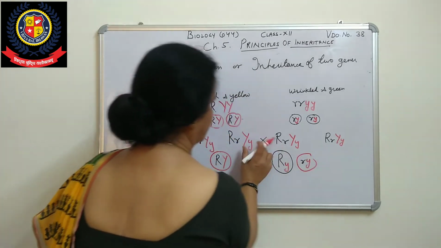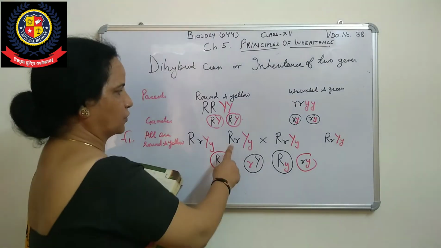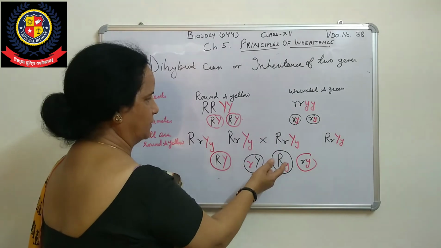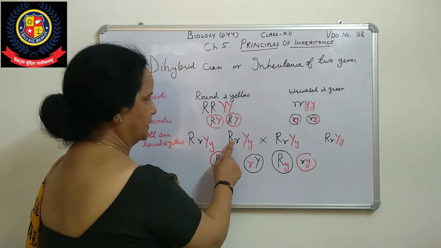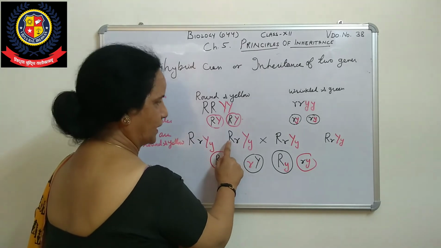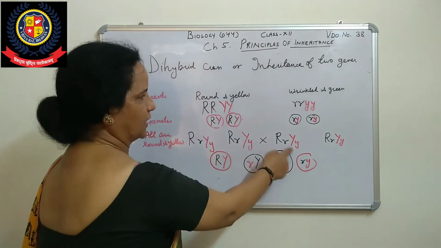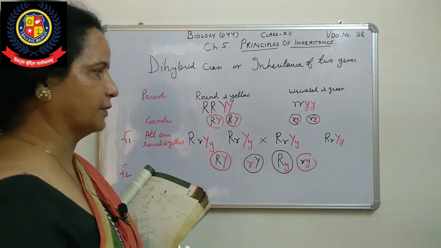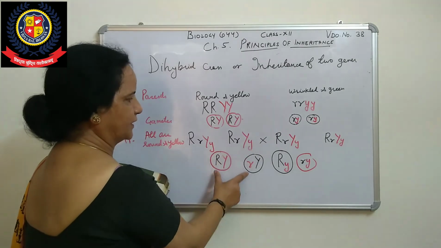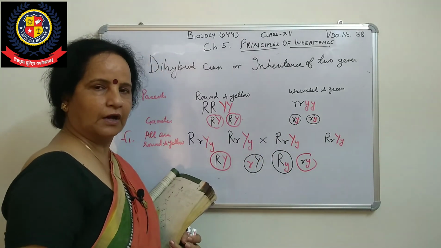Gametes are produced when these two are crossed together, a self cross. In that self cross we have first R Y, then R small r at capital Y, then capital R small y, because both are the same. So we have these gametes on this side, and on the other side we are also getting the same gametes. Are you getting it better?